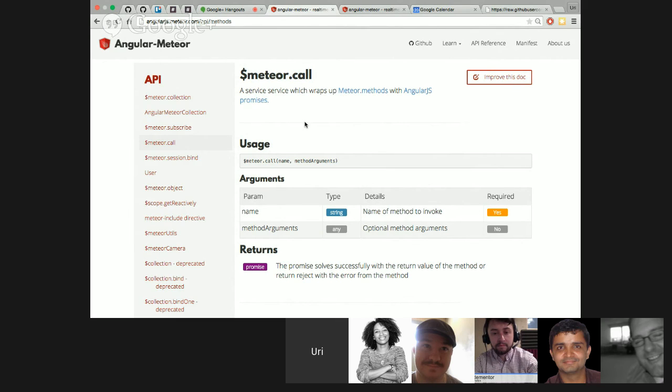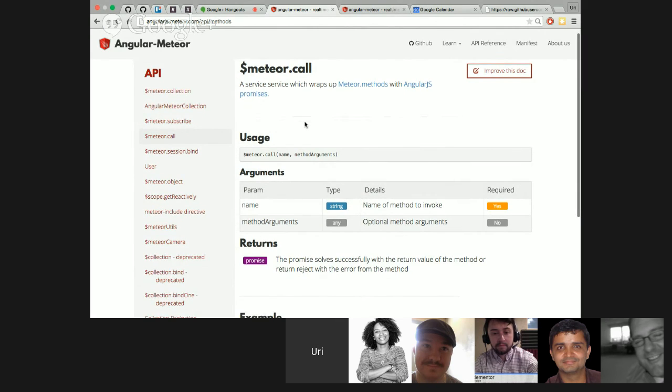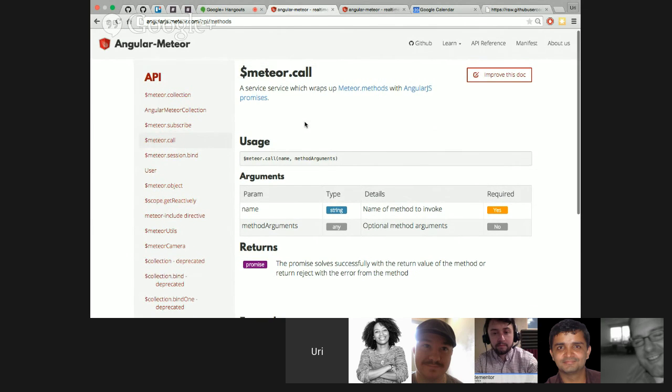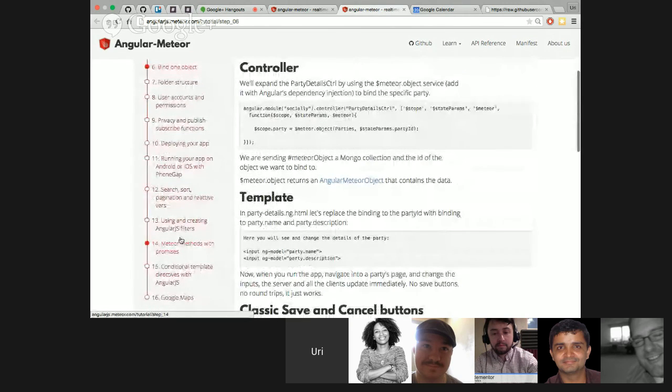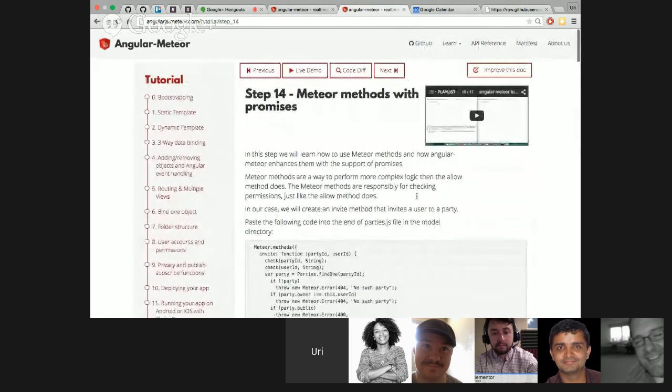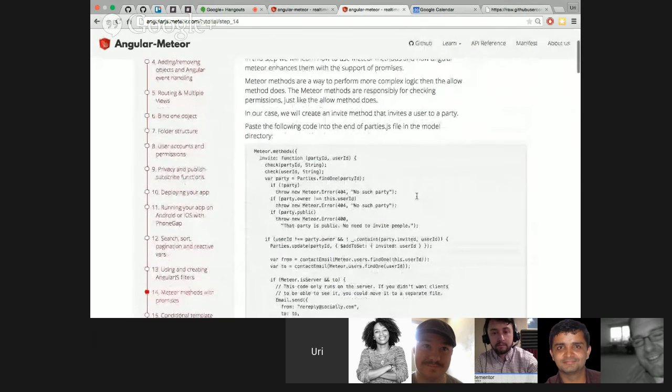And this is what you can call latency compensation, which is a really strong and powerful concept. So to call Meteor functions like that, the only thing you need to do is meteor.call. And again, we have a tutorial on it on step 14, where I'm showing how to invite and send emails and all kinds of stuff like that, and it's really simple.